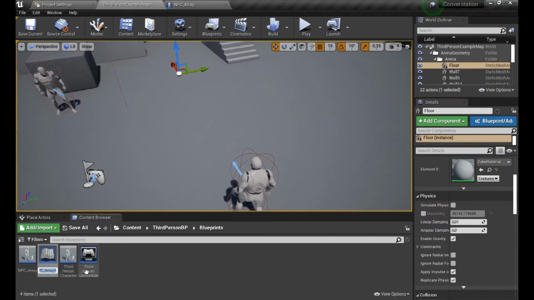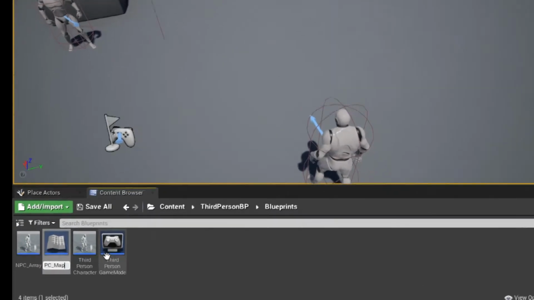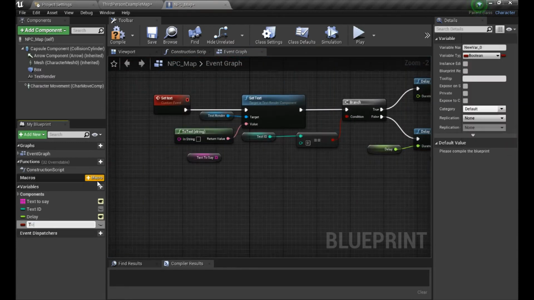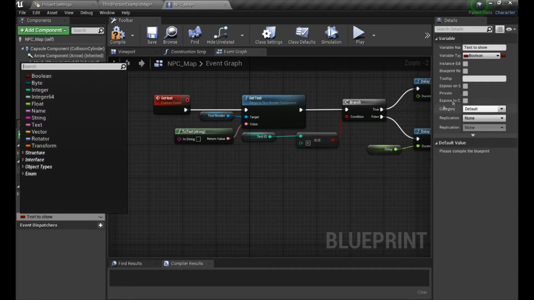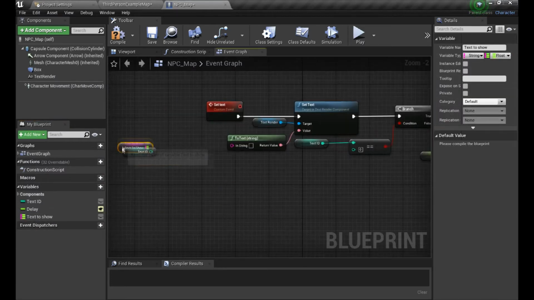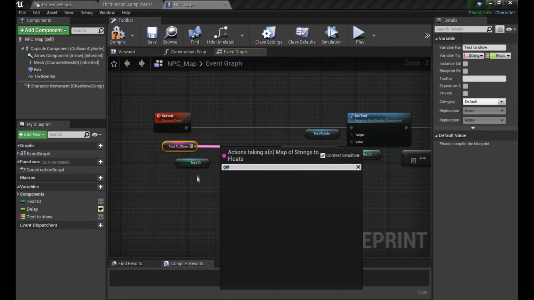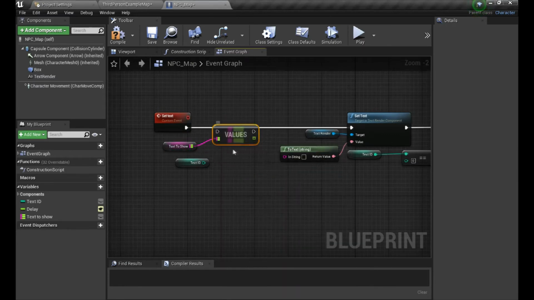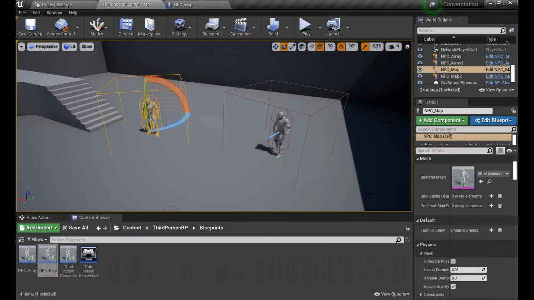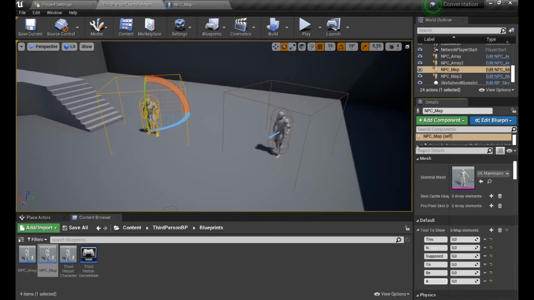So let's duplicate the actor fast and call it NPC map. Alright, I stop now. Let's open it up and make some changes. Now we don't need the array related stuff, and we create a new map. The left values are keys and the other ones are values. So we can basically store two different things in one node. Isn't that great? It indeed is, because now we can add a speech text and the delay related to it